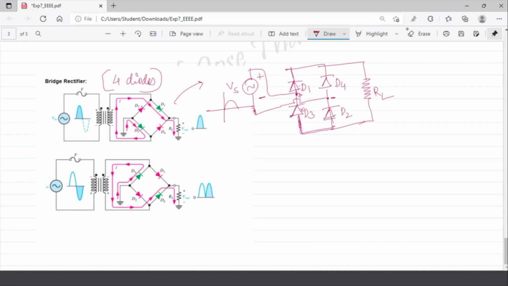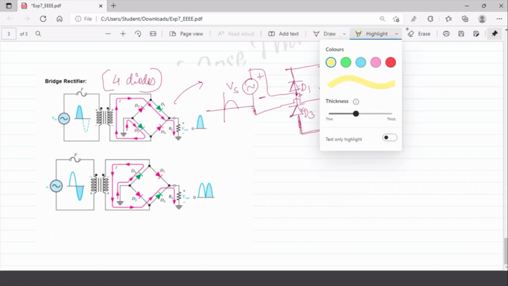Negative connected to cathode makes forward bias, whereas negative connected to anode makes this reverse bias. That means it is disconnected, open circuit. So where is the circuit now connected? So this is positive to this D1, through this load resistance, through that D2 and back to the source. This will be the direction of your current.